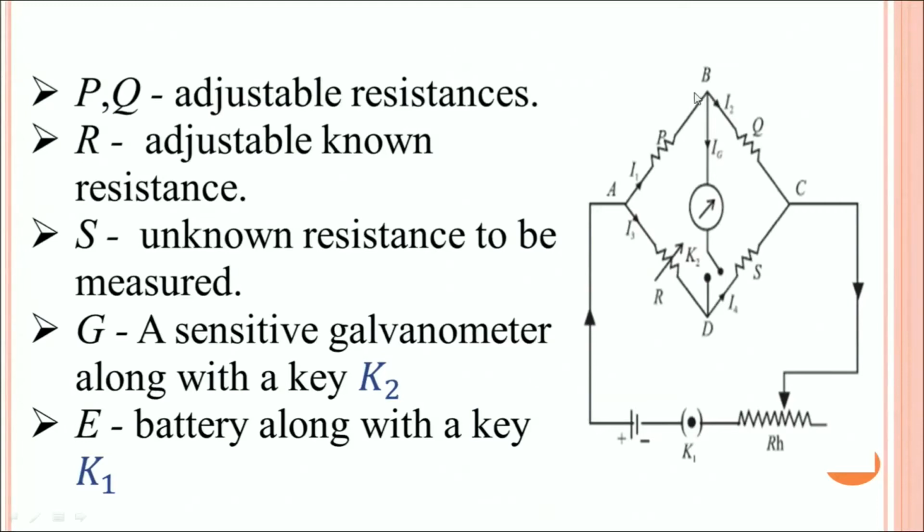Now, you can see here when you connect these resistors like this, the potential at point B and the potential at point D will depend on the voltage drops across these resistors. The potential at point B can have 3 possibilities. Either it can be greater than what you have at D, or it can be less than what you have at D, or it can be the same at point B and D. When you close the keys, the current flows, and these are the 3 possibilities that we have discussed.